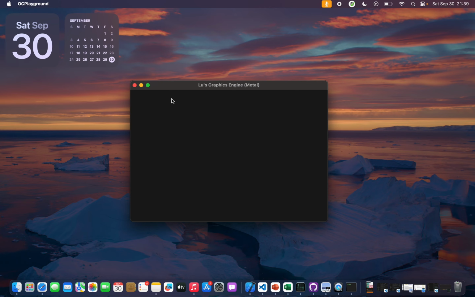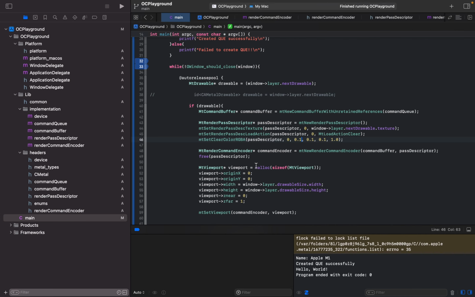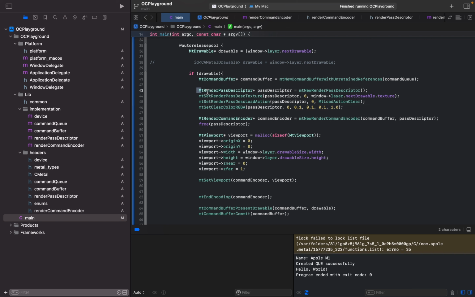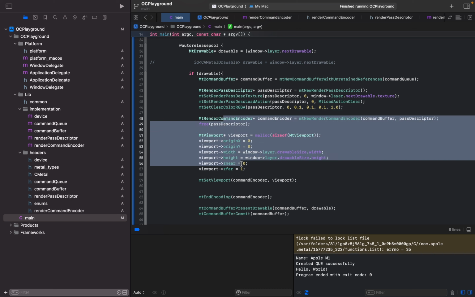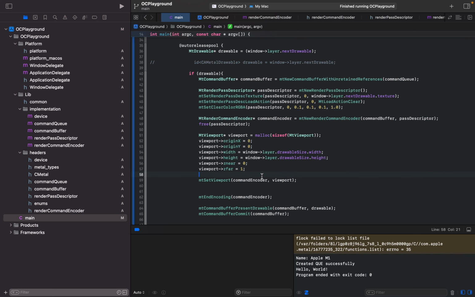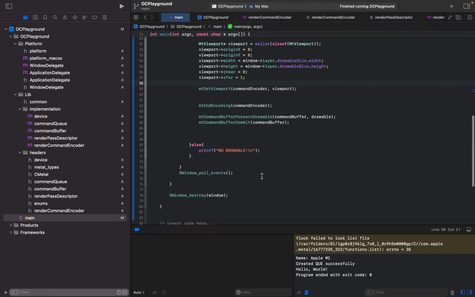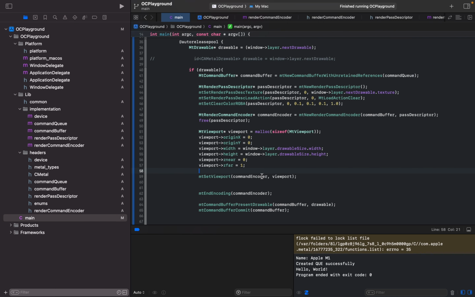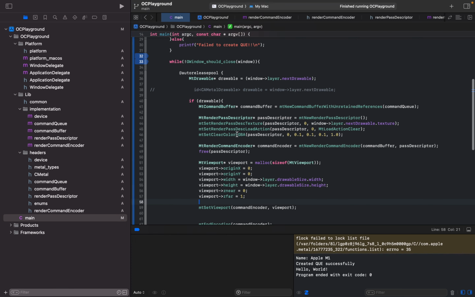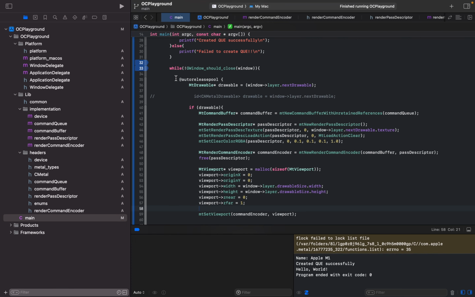So this is the new window, and I want to close it. The reason I want to close it is that we have memory leaks. These memory leaks are caused by the objects that are created in Objective-C and are now passed on to C, and now C has to manage that and try to release some resources. Or I could be wrong about my assumption, but what I did find out though